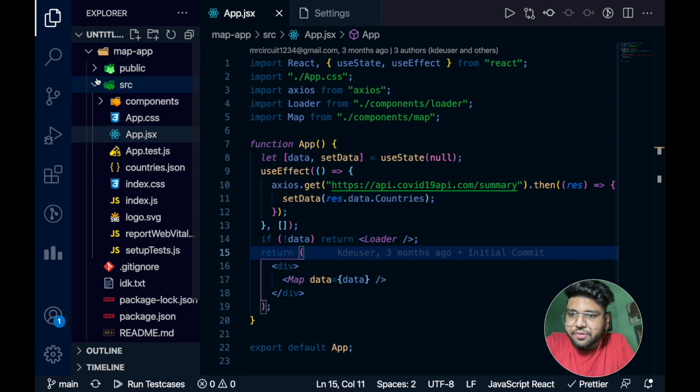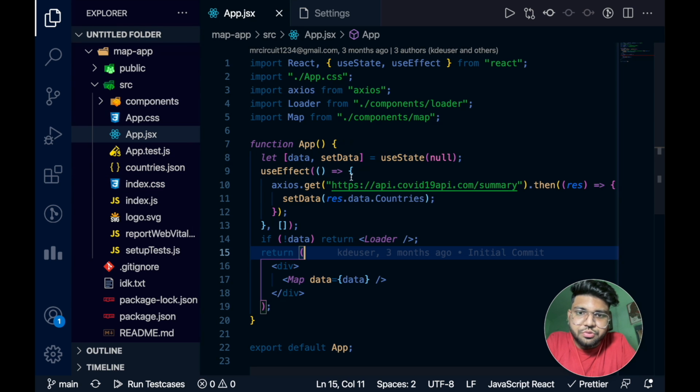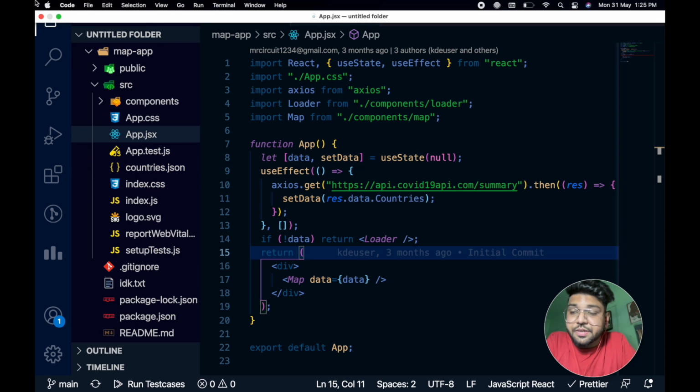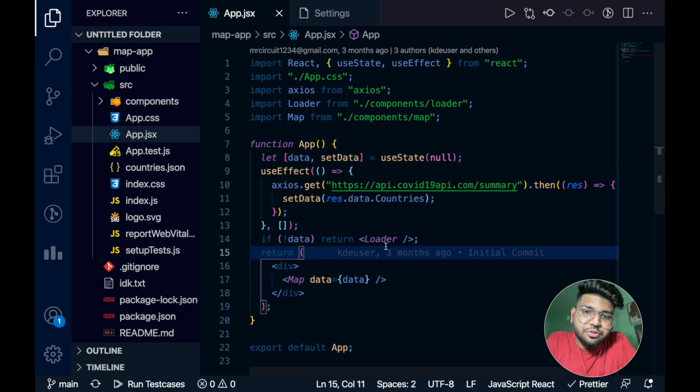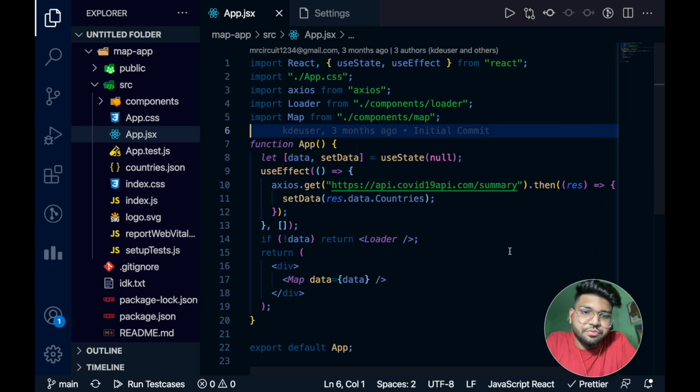So starting from the very first, that is Prettier. I am using this project that I made a few months ago as a demo to show you how to use Prettier. Prettier is a nice extension that helps you format your code just by pressing Ctrl+S or Command+S, so that you should never worry about formatting your code again and again by right clicking and clicking on format document. You just need to press Ctrl+S or Command+S and it will format the code for you.